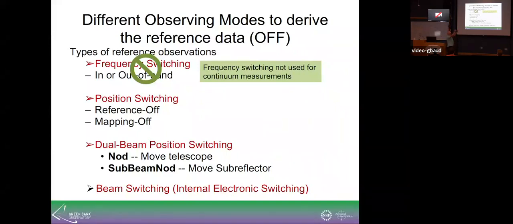We can nod the telescope between two different beams, and we have a subreflector that moves slowly, every 5 seconds. We move it roughly to switch between the two beams. Since our telescope is so big, it takes a lot of time to move 17 million pounds from position to position. A lot of radio telescopes at higher frequencies have a much better, much faster subreflector. They're smaller. Our subreflector is still pretty big. It's 11 meters or 8 meters? Eight. So it's still a big thing moving back and forth, and so it's not designed for